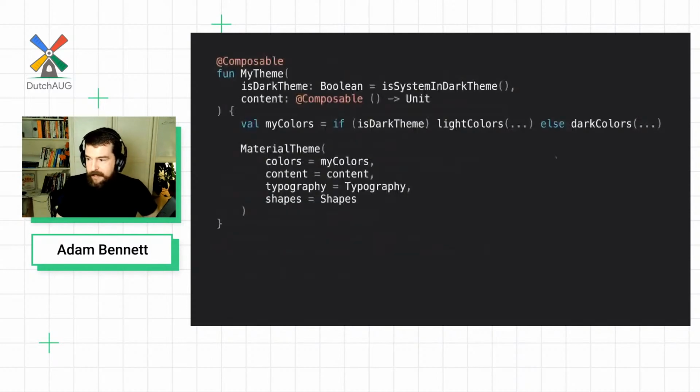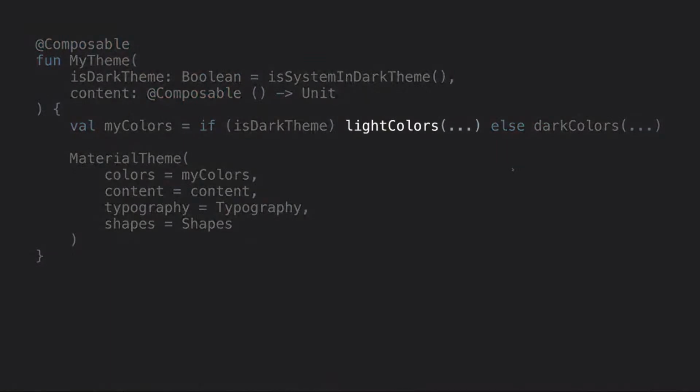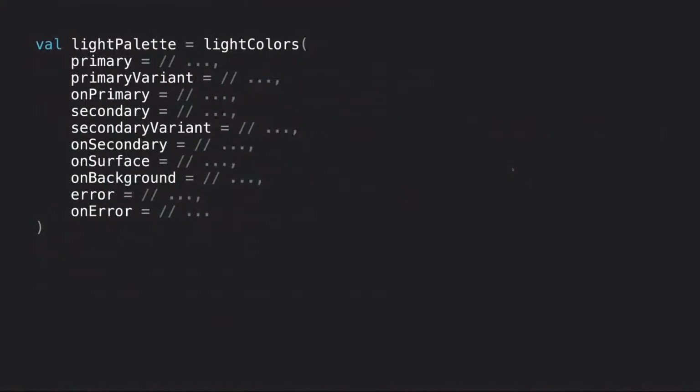So this is typically how you would declare a theme, and it's a wrapper around the material theme object itself. And we have this simple if-else statement, and you have these factory methods that create the light colors or the dark colors. And I've just realized logically that these are switched. That is a bug. But you have these two factory methods, and these just create these colors objects, which are defined in the material components. And like I said, they're quite simple, pretty familiar to a lot of us, but the chances are your design system might be a bit different.